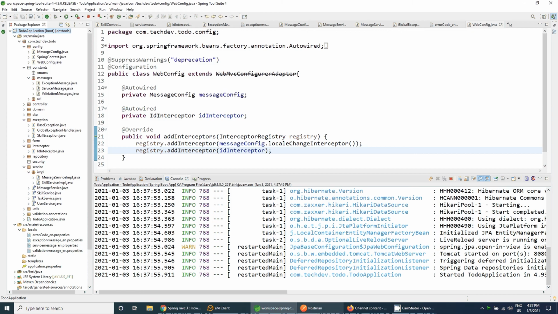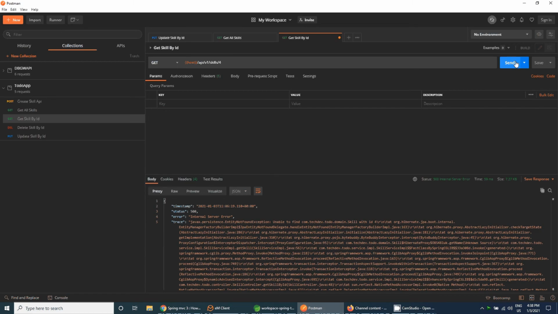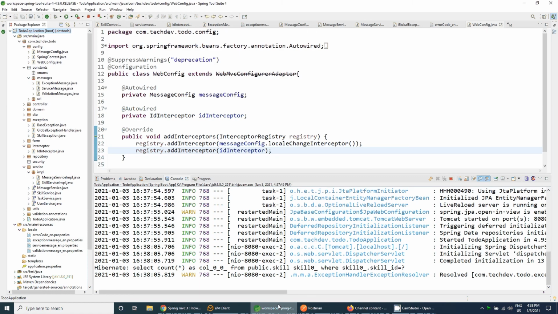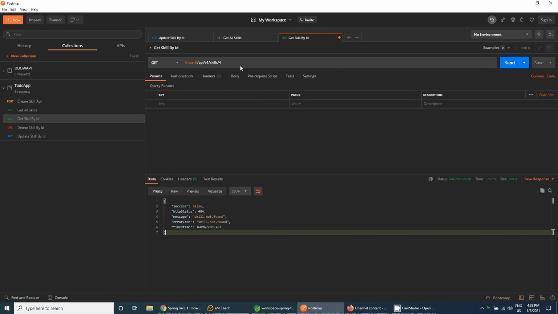We should receive the correct response instead of an exception. Let's send the request and you can now see that the request has been validated using the interceptor, where it is validating that the ID 4 exists inside the database or inside the skill tables, and if it does not exist, it will throw an exception that is skill not found.